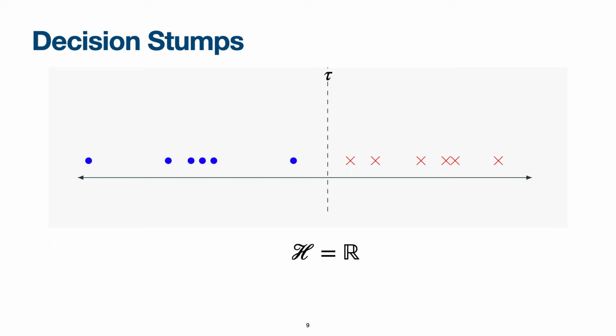So if we're given a training set, a set of examples, the ones that we see here on this example, and now that we're actually considering specifically the set of all of the points of R to be a so-called decision stump to help us decide whether a point should be labeled as a blue circle or as a red cross, we can develop our algorithm. The algorithm is going to be very simple. We're going to return the rightmost blue point from our training set. There are other choices that could be made, but this one is simple enough.